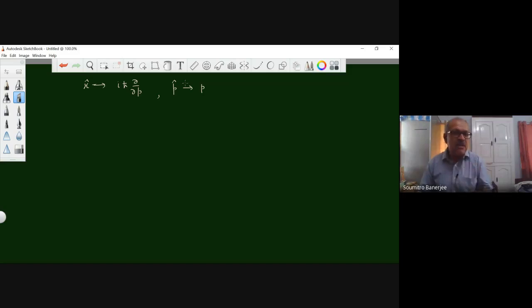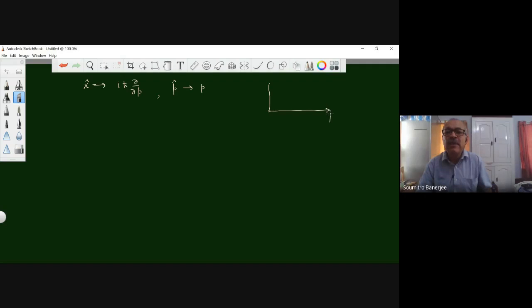There are two situations in which you would like to do that. First, if your question concerns P, that means normally if you ask the question, what is the probability of finding the particle in this part of the space, then you are asking a question related to the spatial distribution of psi. And if you are asking a question related to the momentum distribution of psi, that means the psi function expressed